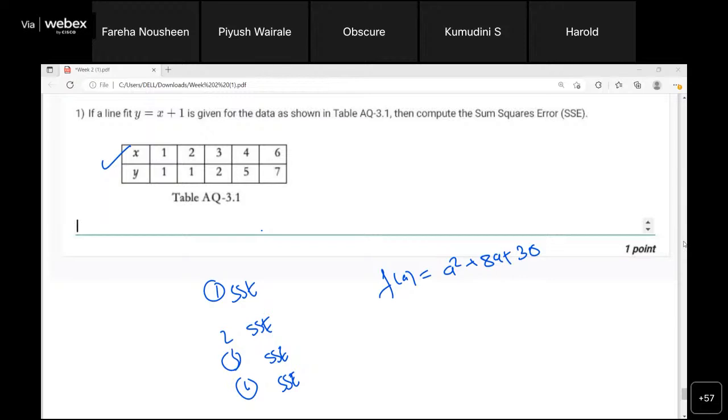Yes, so the question is: she found SSE is a function as follows: a square minus 6a plus something, and what will the best fit value? The best fit value basically is a minimum value, right? The options are 9, 14, 0 and -2. So they have done it by finding the vertex.